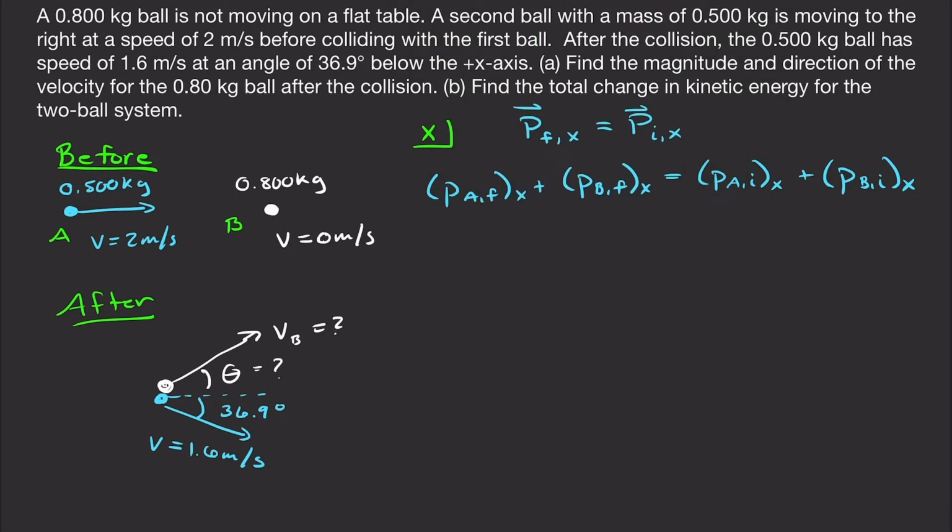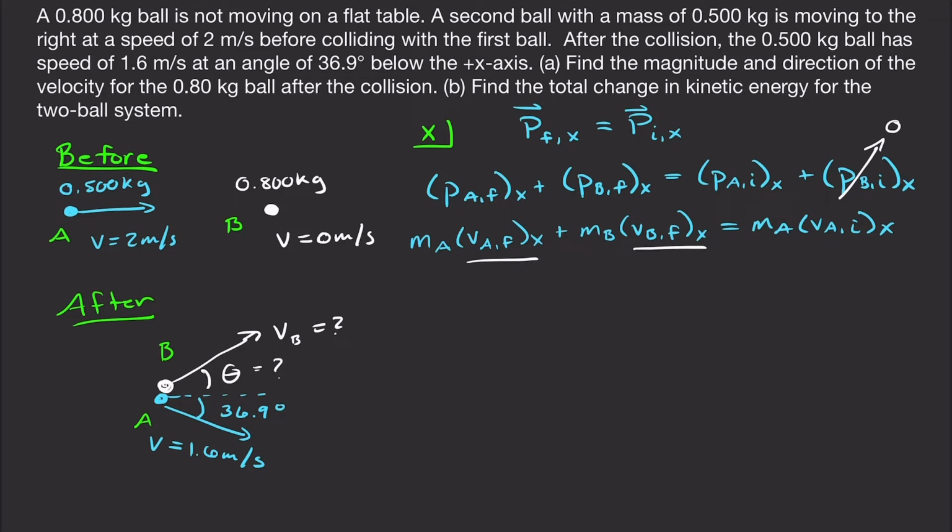And the first thing we want to do is get rid of the initial momentum of B, since it's 0, since it's initially not moving. So this will give us the mass of A times the final velocity of A in the x direction plus mB times the final velocity of B in the x direction. And that's all equal to the mass of A times the initial velocity of A in the x direction. Okay, so now we want to solve for